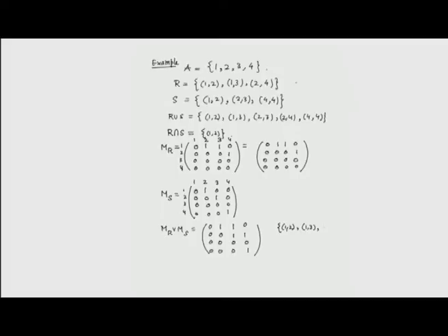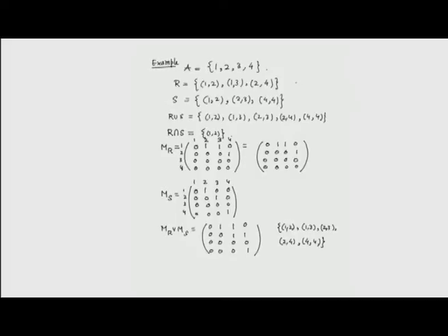Then in the second row, 2 is related to 3, and again in the second row, 2 is related to 4, and then at the end 4 is related to 4. So, we see that the relation corresponding to the matrix MR or MS is 1 2, 1 3, 2 3, 2 4 and 4 4,